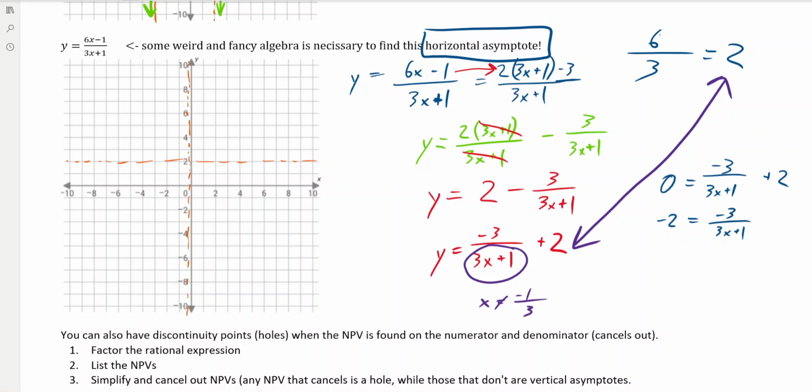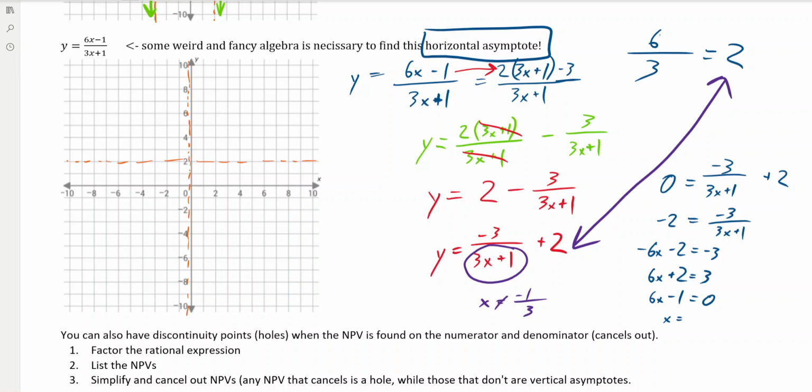Then we're going to move that over. So we're going to have negative 6x minus 2 equals 3. And then let's just move it all so it's all positive. So 6x plus 2 equals 3. Then let's move the 3 over, so we have 6x minus 1 equals 0. Which I guess is right off the beginning, obviously. Okay. Well, that's fine. So x equals,